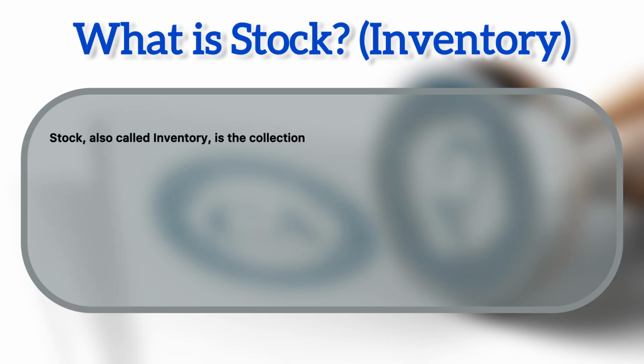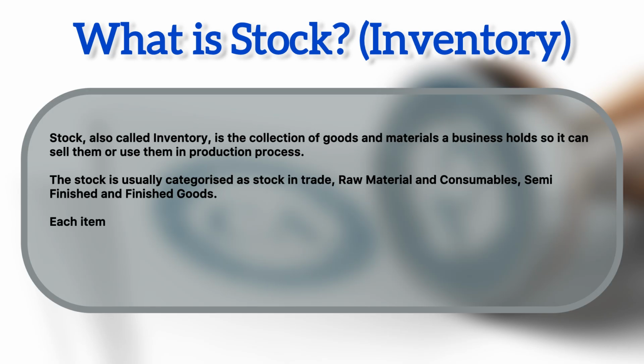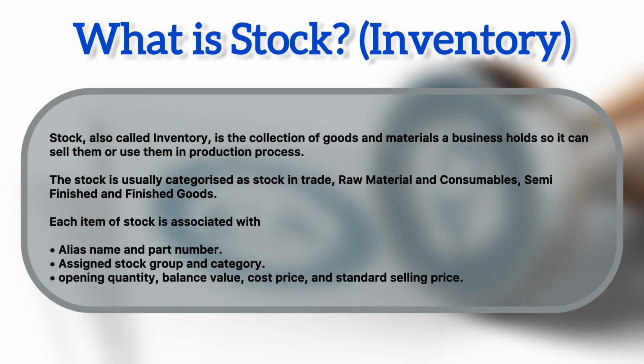So, stock is basically the collection of all the goods and material which the business holds either for the purpose of selling it further or for utilizing it for the production process. The stock is usually categorized into the following categories. It is called stock in trade in case you are buying the products and selling them. And if you are into the business of manufacturing something, you will also have raw material and consumables,